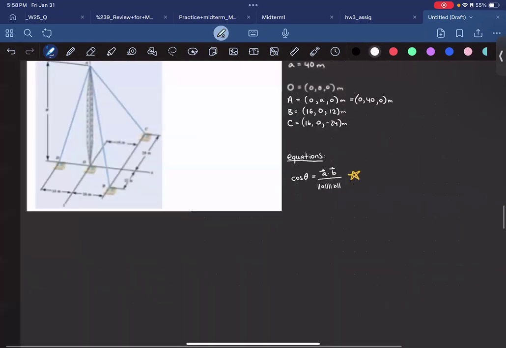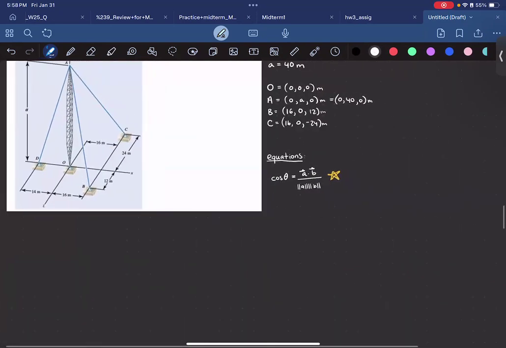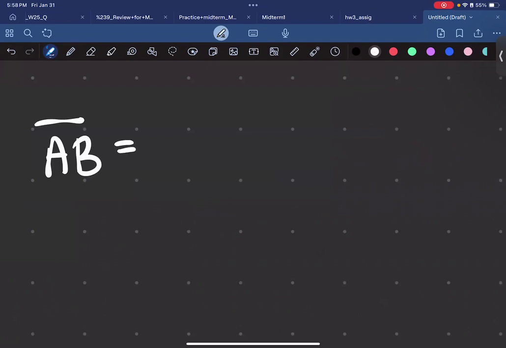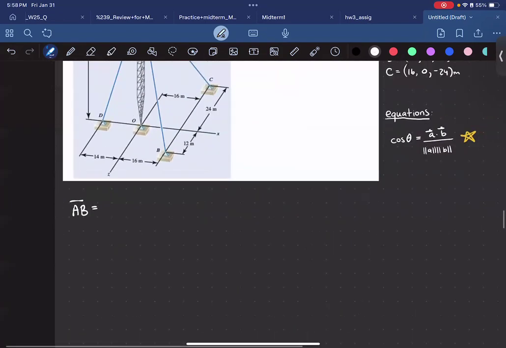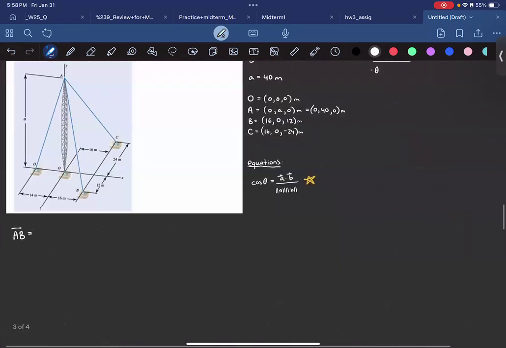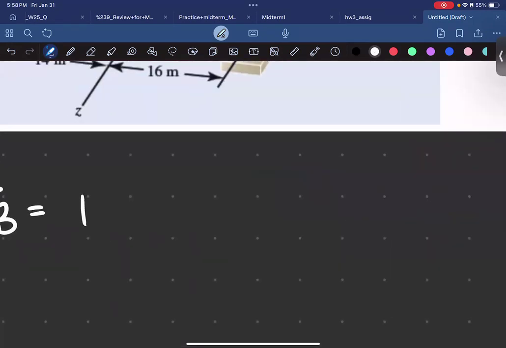First, AB is going to be equal to, and remember, final minus initial. That's going to be 16, negative 40, and 12